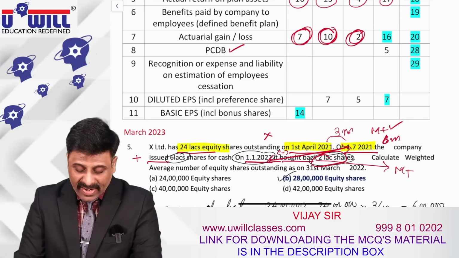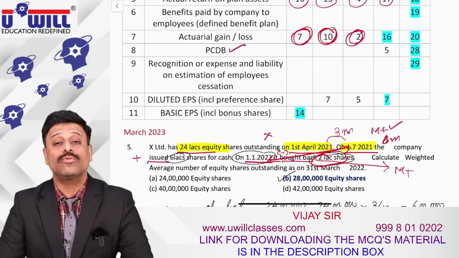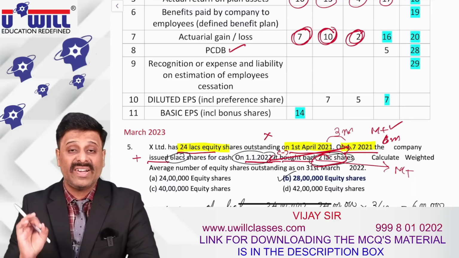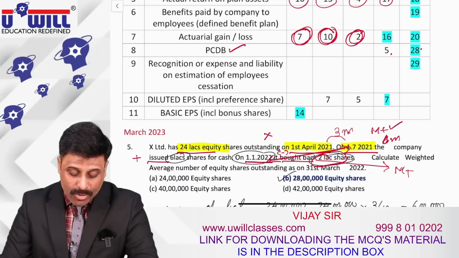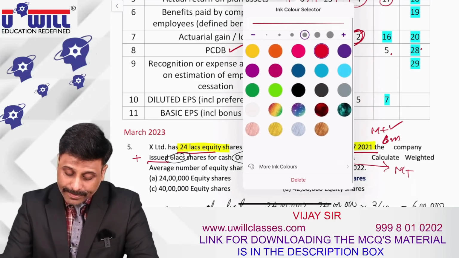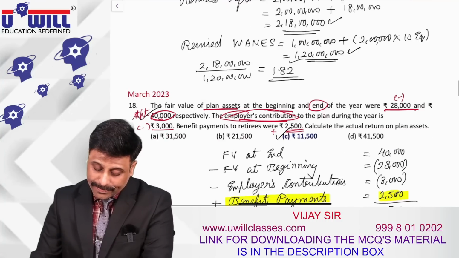Periodic cost of defined benefit plan. PCDB's full form is what? Periodic cost of defined benefit plan. So one question 28 I'm doing it, and then 5 you all will try on your own. Look at it. Question 28